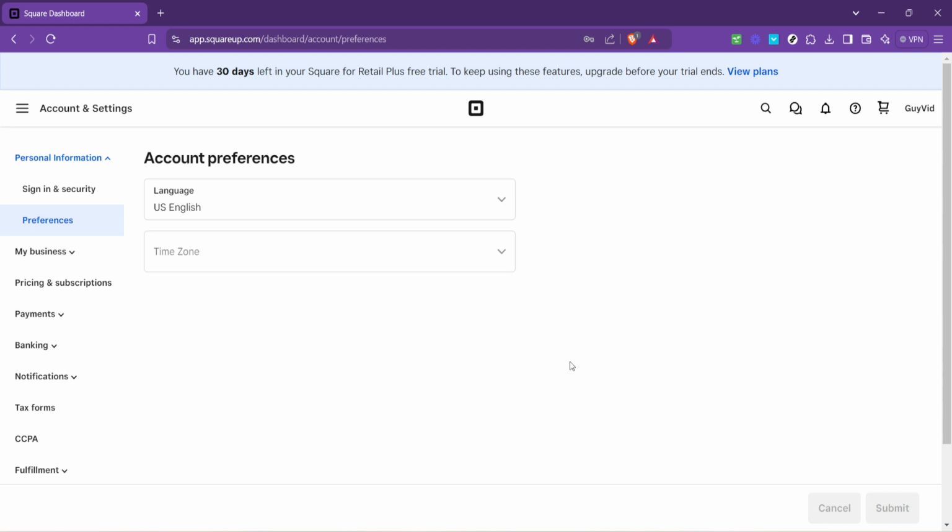Before wrapping up, a couple of quick tips to ensure seamless operation. Double check the time zone change by scheduling a test appointment or ask a colleague or friend to do so. This helps confirm that everything is in perfect alignment. Also, remember that time zone changes affect future appointments and reminders, so keep that in mind if you're operating across regions temporarily. And there you have it, a comprehensive guide to changing your time zone settings on Square Appointments.